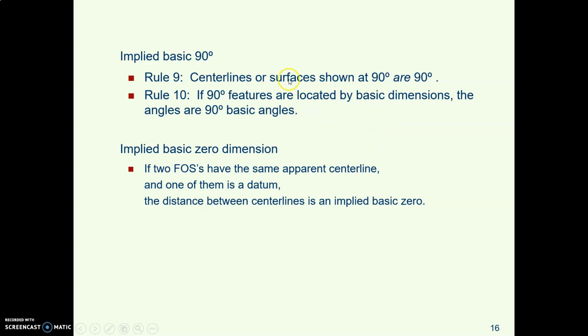So if it looks like 90, it is 90. If it's located by basic dimensions, it's a basic 90. And if it looks like they have the same center line, it's an implied basic 0. You may never need to know that, but I want you to know that